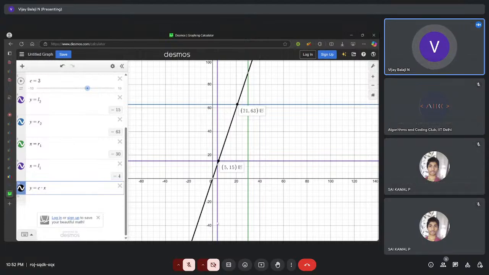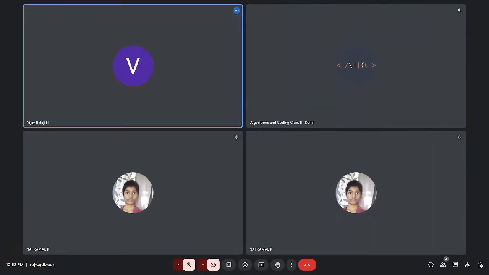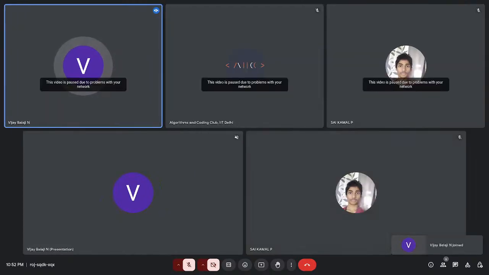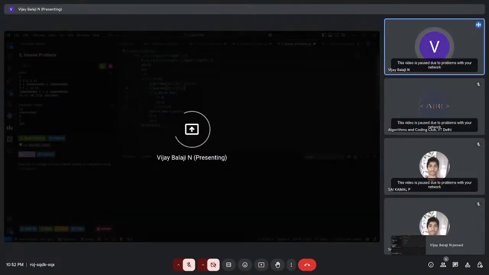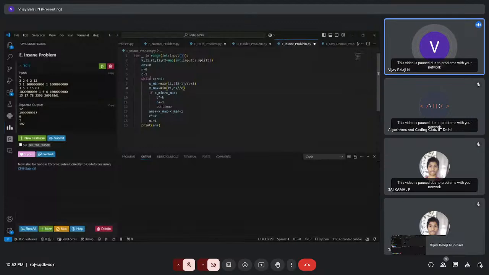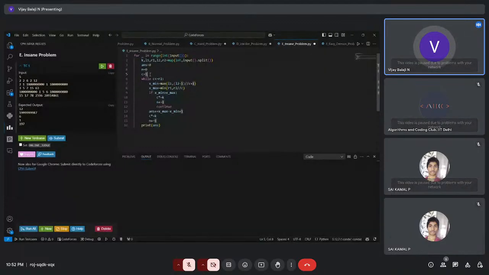So how do we find those points? To find those points, what we have done here is I'm initializing c to be 1, because n is initially 0, and I'm initializing an answer list so as to calculate all the answers possible. So whenever c is lower than or equal to r2,